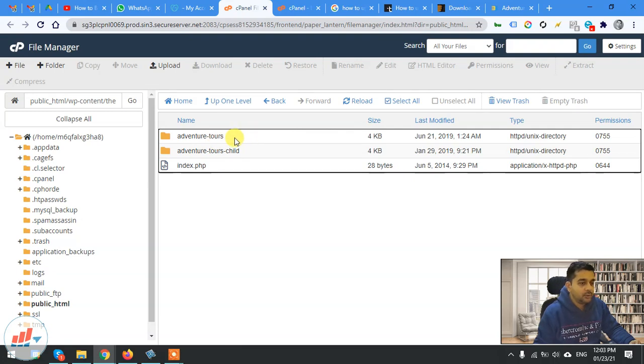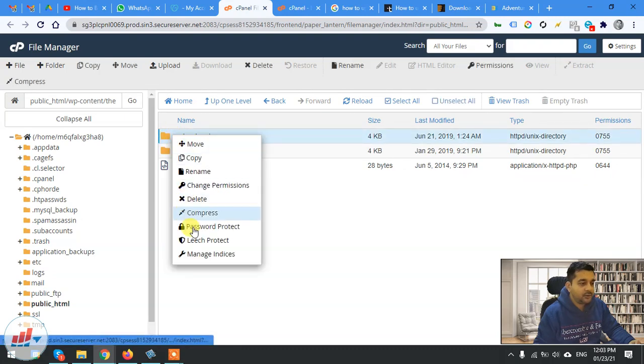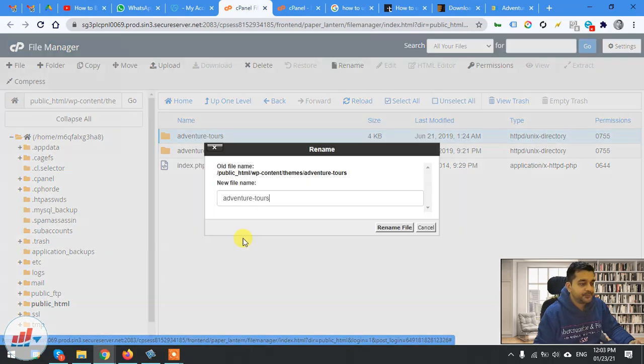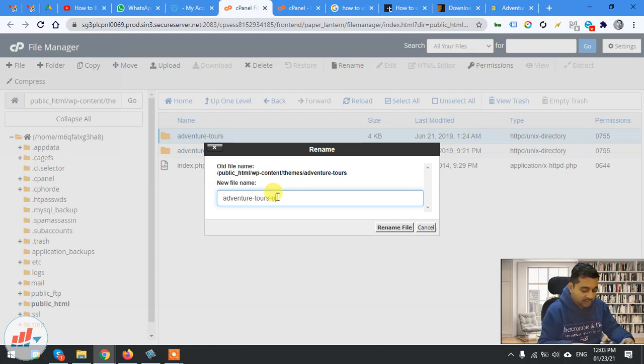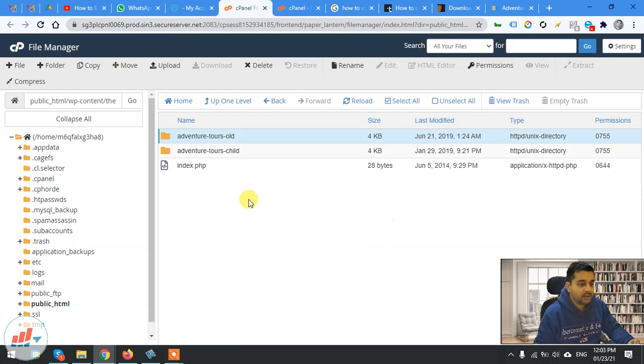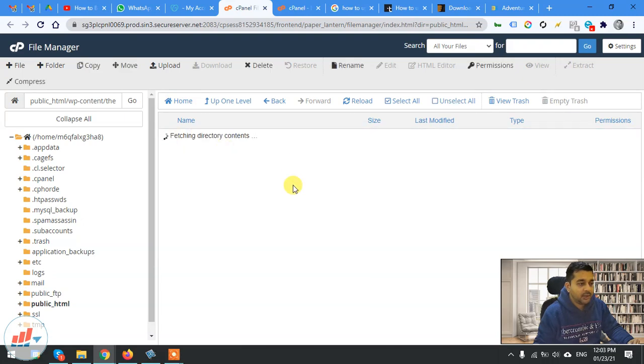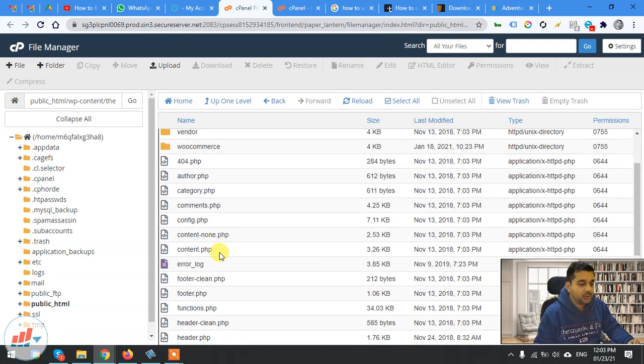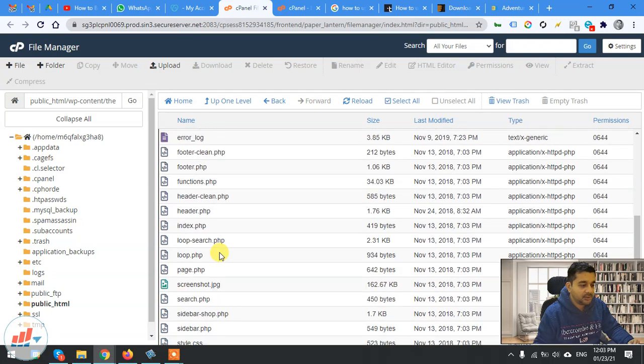So what we need to do is update this particular folder, because this is the main folder that will be updated. So first of all we'll rename this particular folder and put the name as old against it.